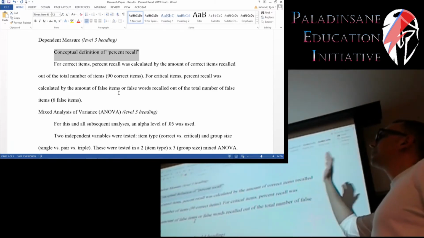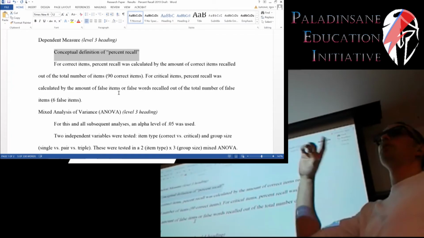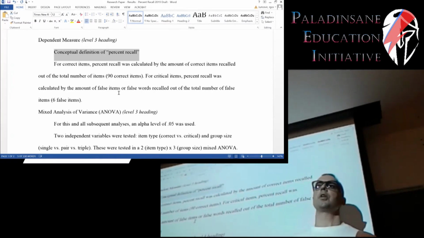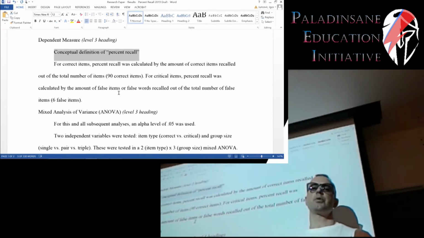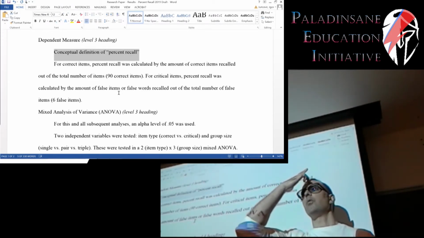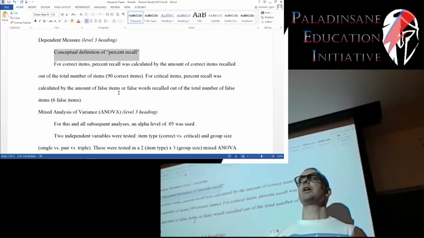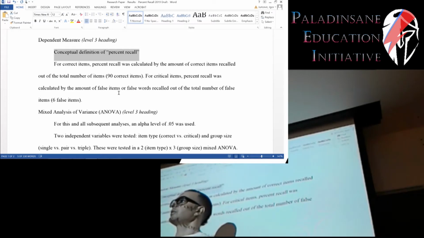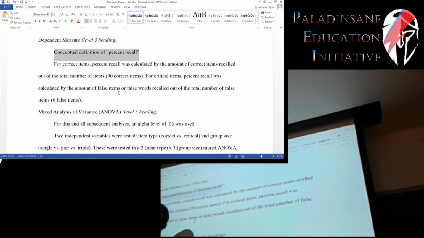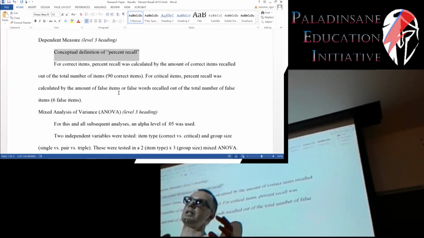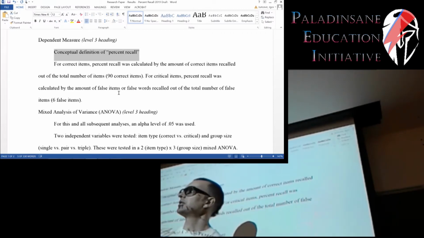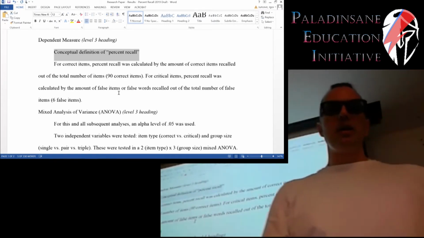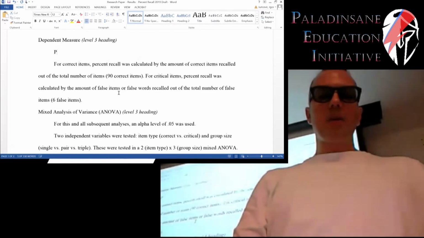But for this conceptual definition, what we want to describe to the reader is what aspect of memory we are measuring with percent recall. So what is percent recall trying to measure about memory? Because we have 2 different measures of memory in this one results section. We got percent recall that is measuring something about memory, and then we got confidence level, which is measuring something else about memory. We want to be explicit to the reader what each of those is measuring. So we can write something like percent